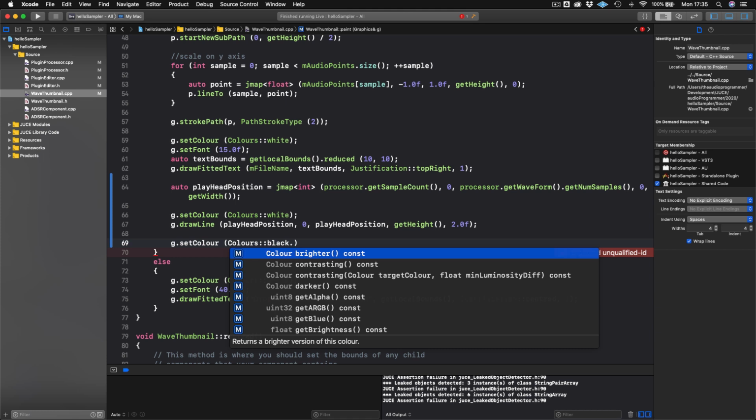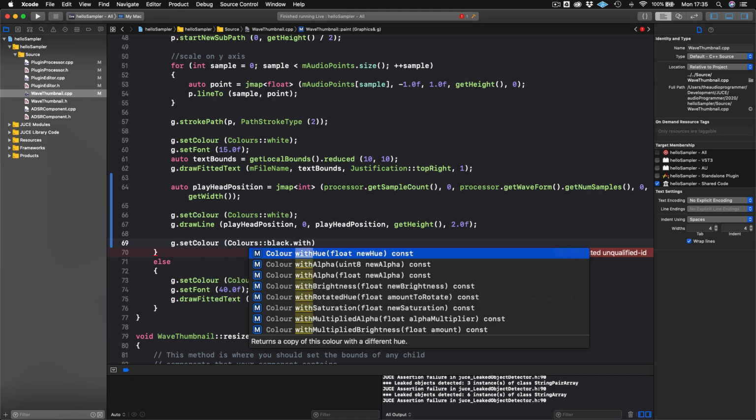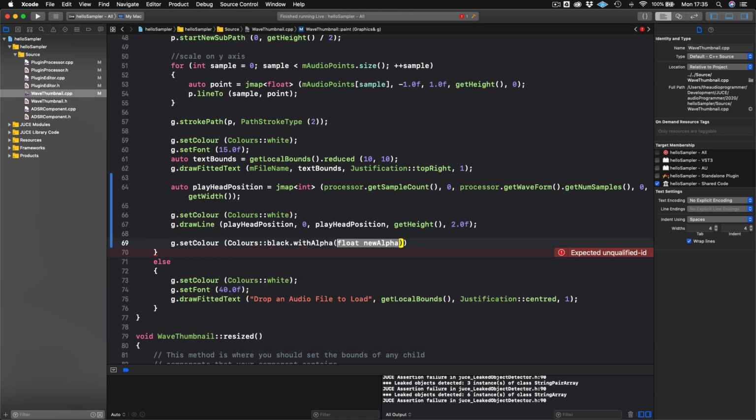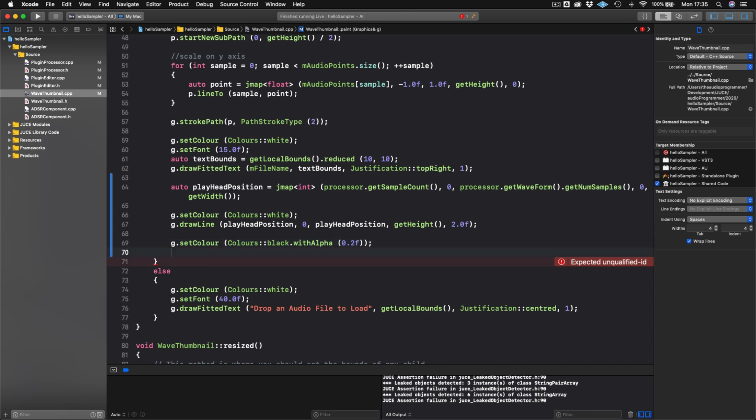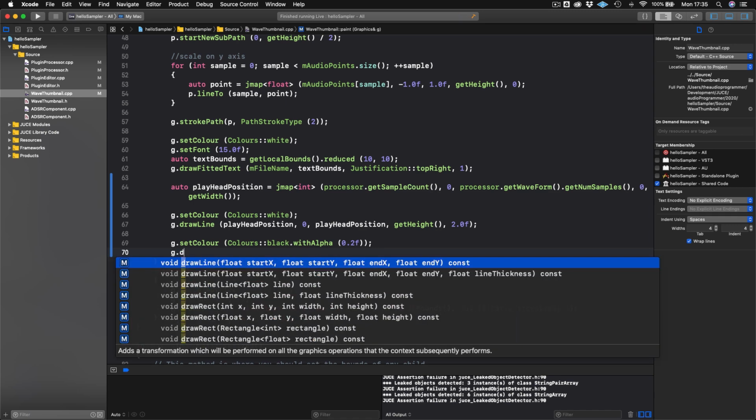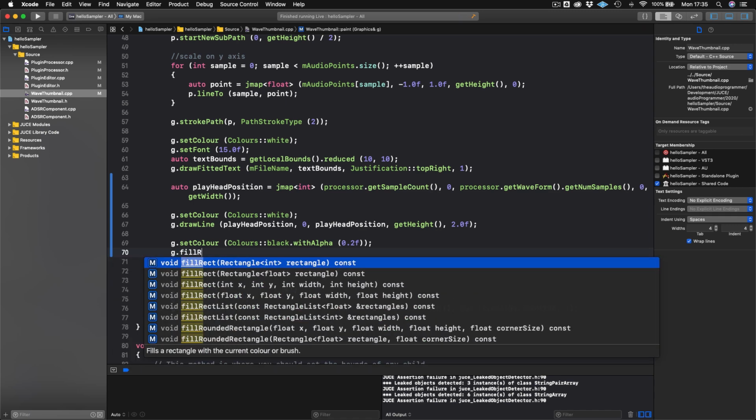We have this argument called withAlpha where we can actually set a transparency for this. I'll just do it really light, so 0.2. So you'll barely see the actual black. And now we will do g.fillRect,